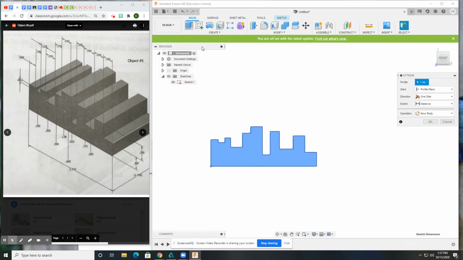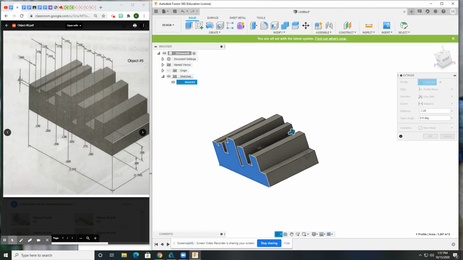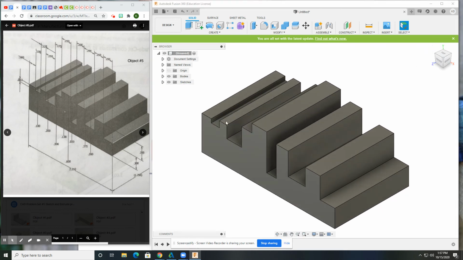Let's go ahead and extrude this now. Now, this looks like the front to me, so I'm going to extrude backwards, and that is 1.25 inches. So I'm going to go minus 1.25. I always like to tilt to make sure it's doing what I want it to do. It looks good. Go to the home button, collapse my sketches,